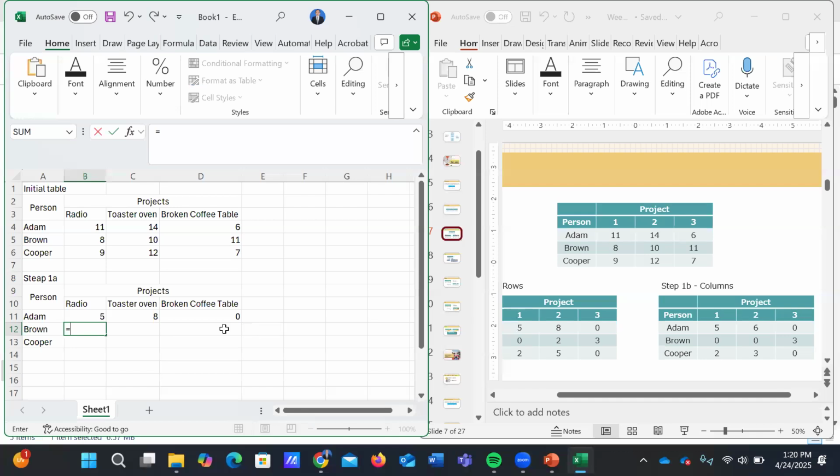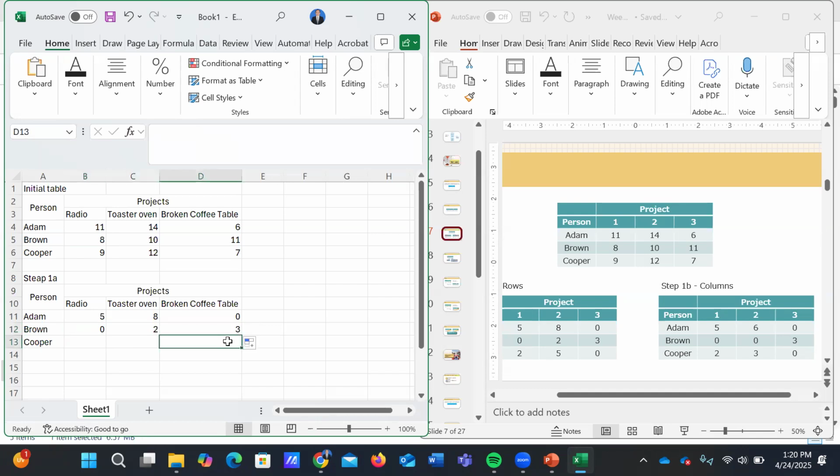The smallest number is Brown to radio, so we subtract all values here with Brown radio, make it absolute, and copy paste here.